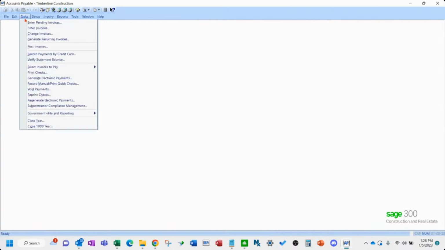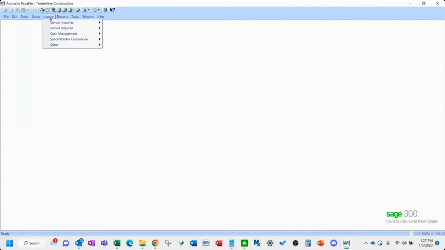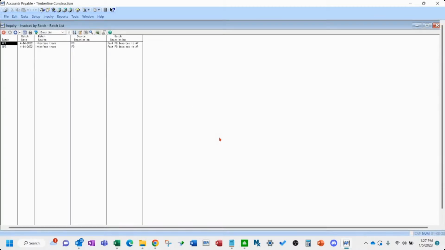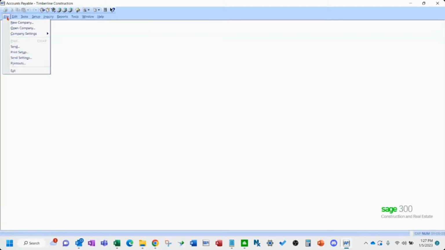Okay, now that the import is done, let's go look and see, it should be in our new file. Again, to get to new files in AP, you have to hit the top invoice. And oh, it didn't come in, so let's check what happened here.